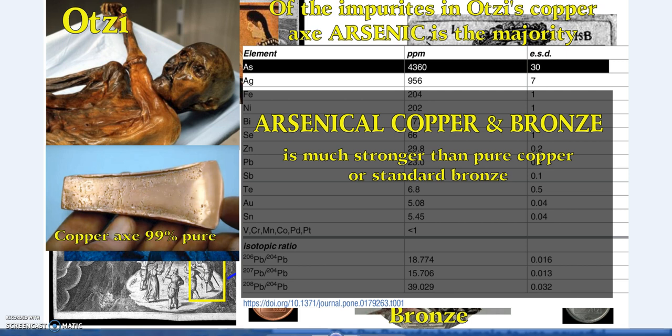Now you can also, by adding certain elements to iron, such as carbon, you make steel. What iron is to steel is very different. It's just by adding this impurity into it. And then the difference between soft steel versus hard steel, again tempered versus just regular steel, it's really different. And so often they just compare copper with steel chisels, then say, well, you can't cut this. Well, it's just not